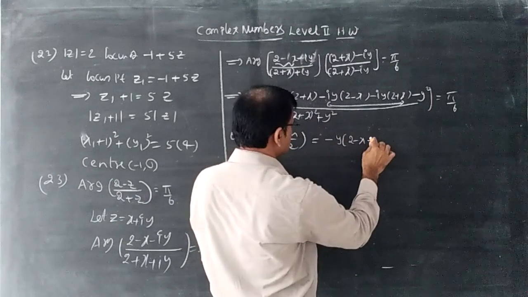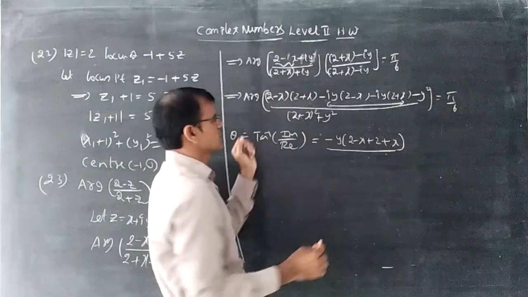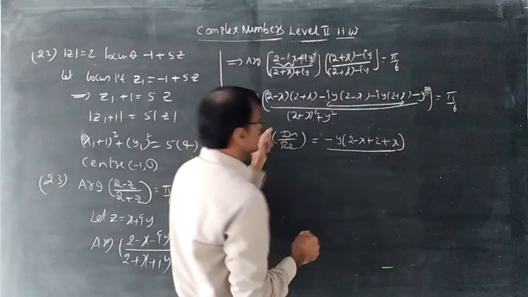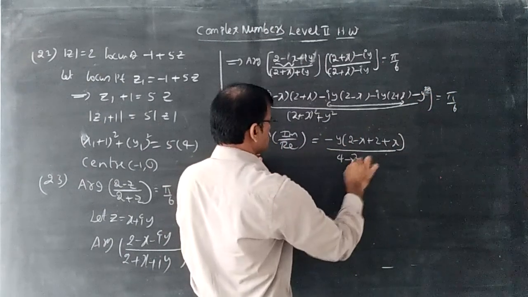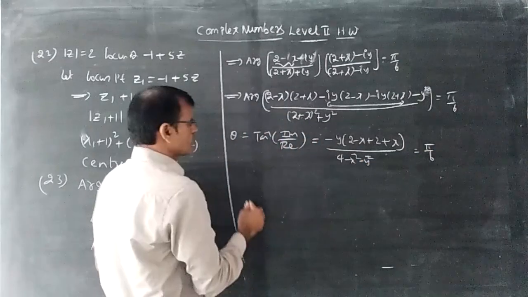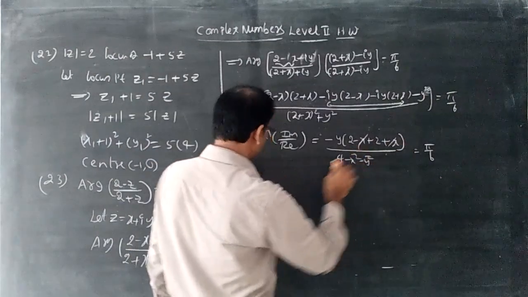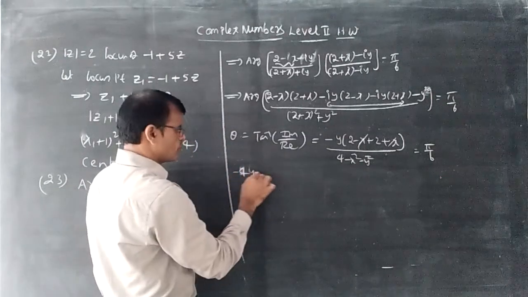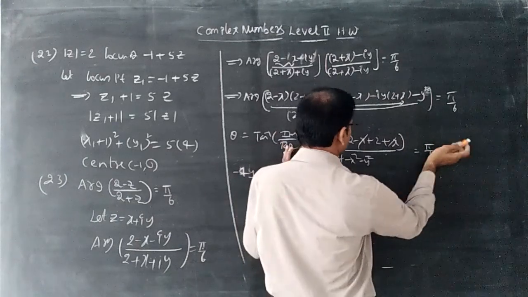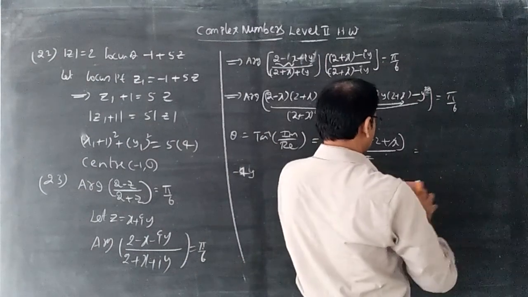Minus taken down, so plus 2 plus x. Whole by, this is the real part, 2 minus x into 2 minus x, because of course this is y square. 2 minus x into 2 minus x gives 4 minus x square minus y square is equal to 5 by 6. This is minus 2y, of course minus x plus x plus 2 plus 2, 4 minus 4y, not 5 by 6. Here you can understand, this is tan 5 by 6. Tan 5 by 6 becomes root 3.